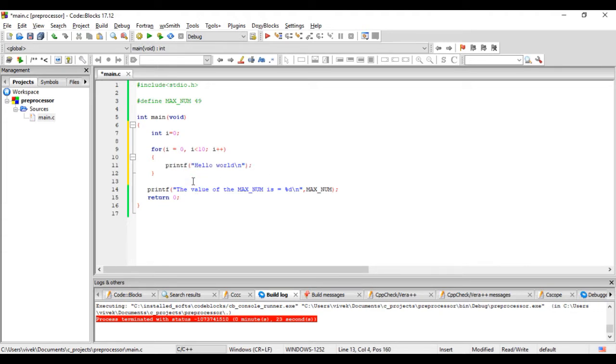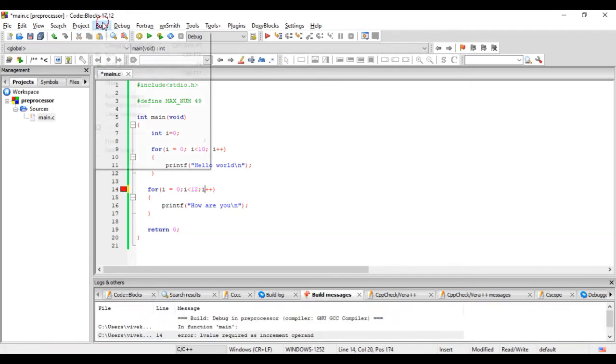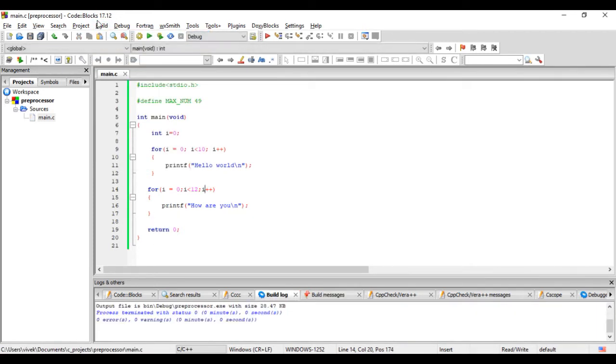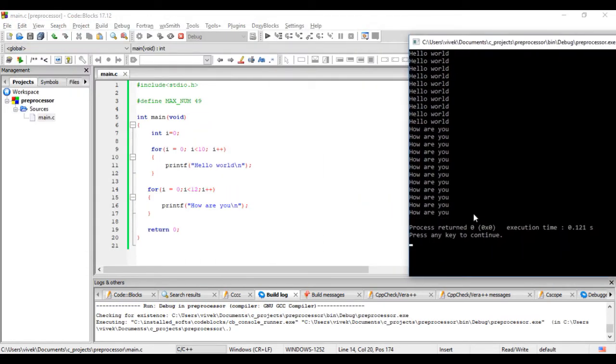And then in another for loop, here I want to print how are you. So when we run this program, we see that it has printed the statements.